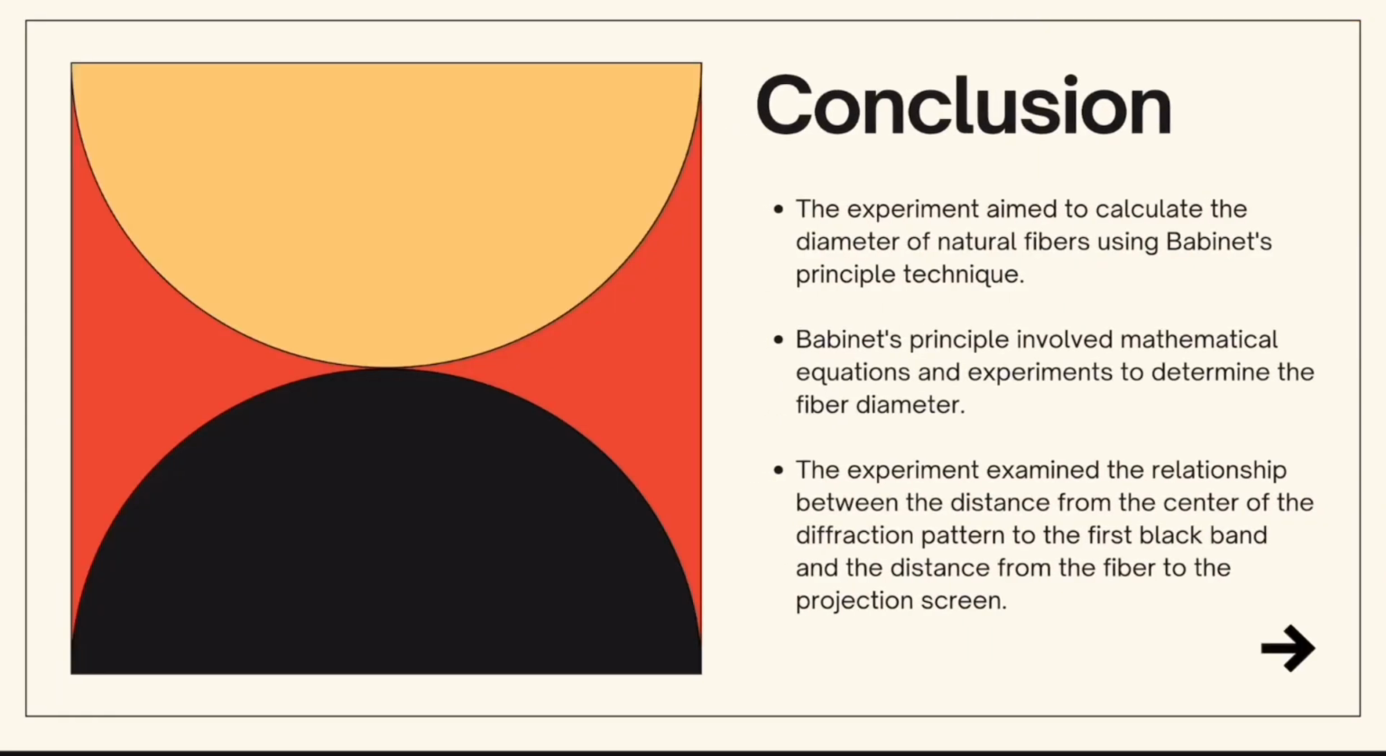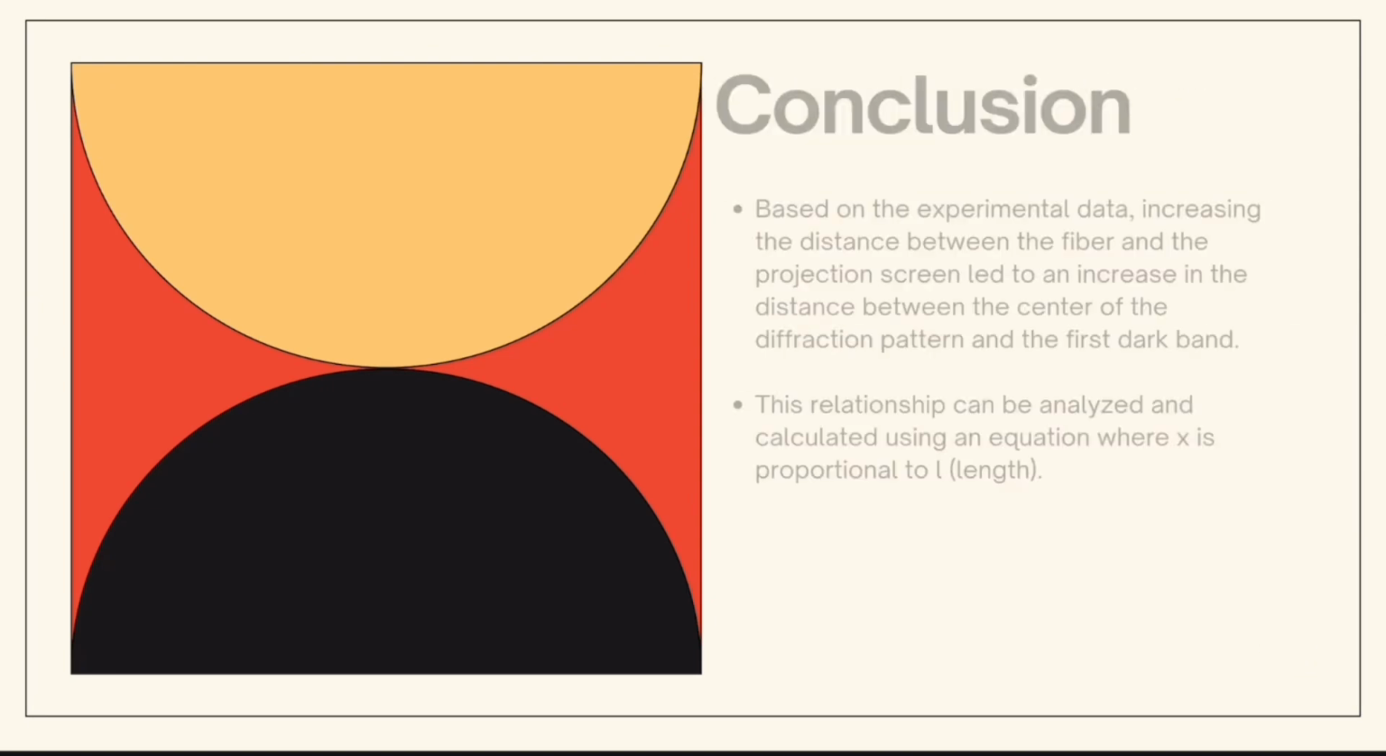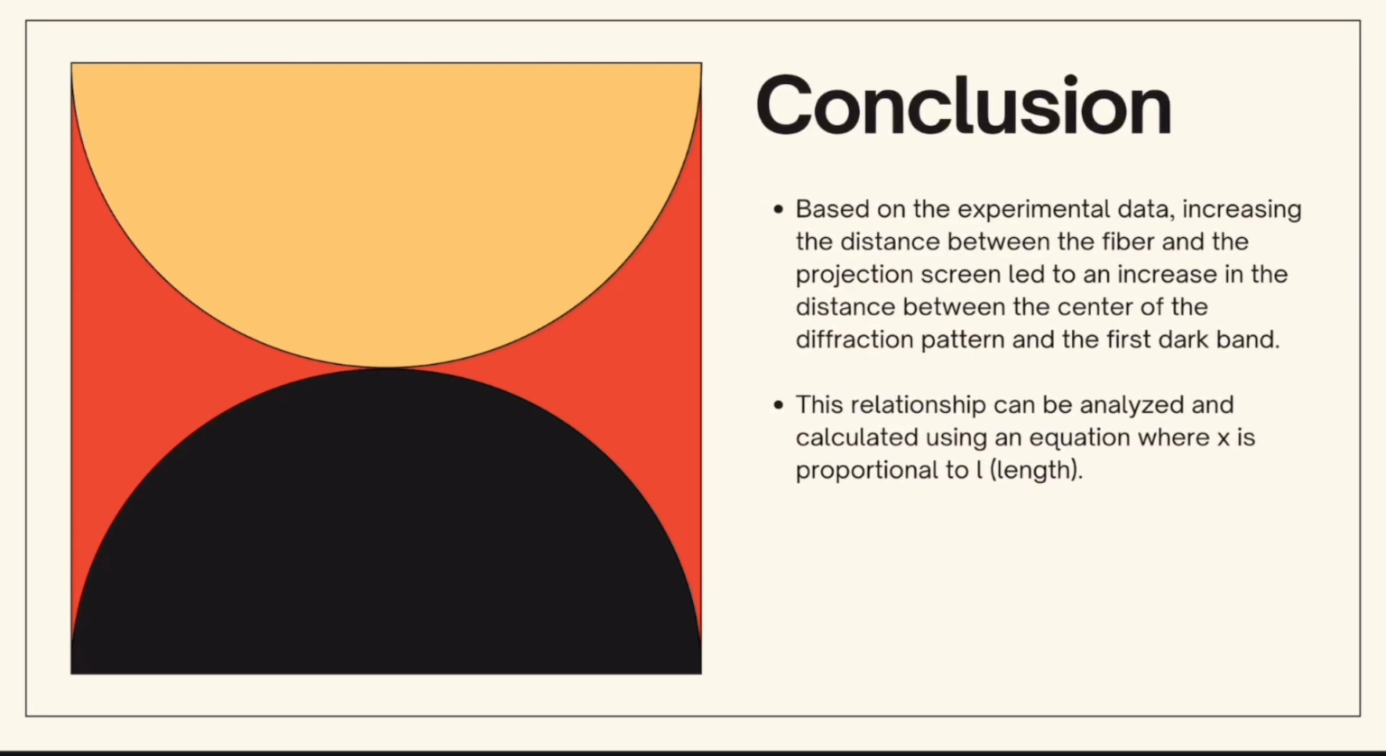And then our conclusion. The experiment aimed to calculate the diameter of natural fibers using Babinet's principle technique. Babinet's principle involved mathematical equations and experiment to determine the fiber diameter. The experiment examined the relationship between the distance from the center of the diffraction pattern to the first black band and the distance from the fiber to the projection screen. Based on the experimental data,